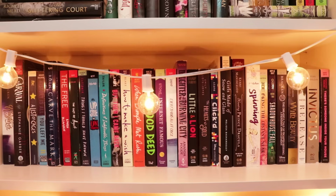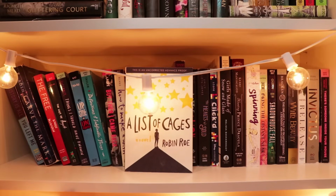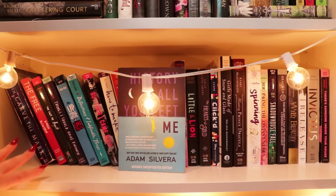And welcome to my final ARC shelf that is also the final shelf of this bookshelf tour. Starting January 2017 and going to September of 2017, I have Wayfarer by Alexandra Bracken, Caraval by Stephanie Garber, A List of Cages by Robin Roe. I'm not even going to attempt to fix these, but History Is All You Left Me by Adam Silvera, Carve